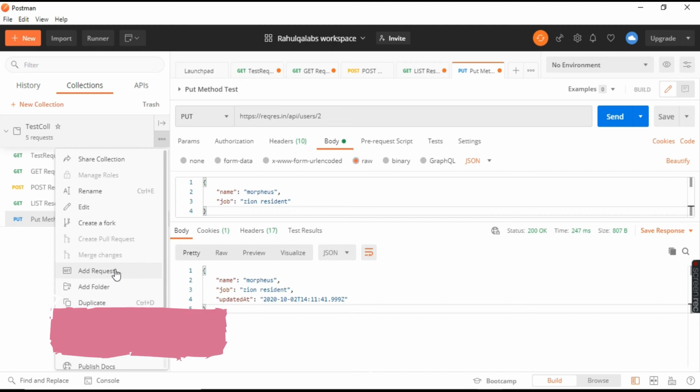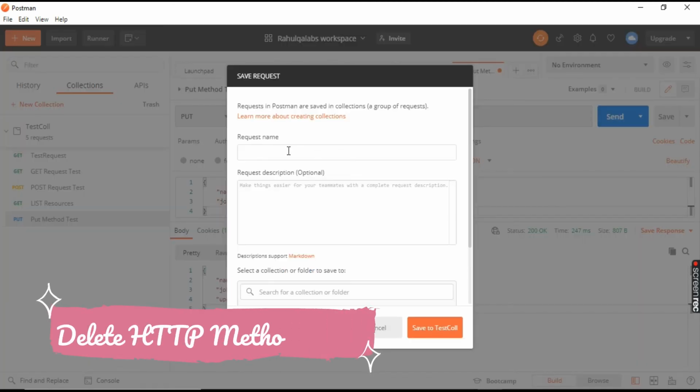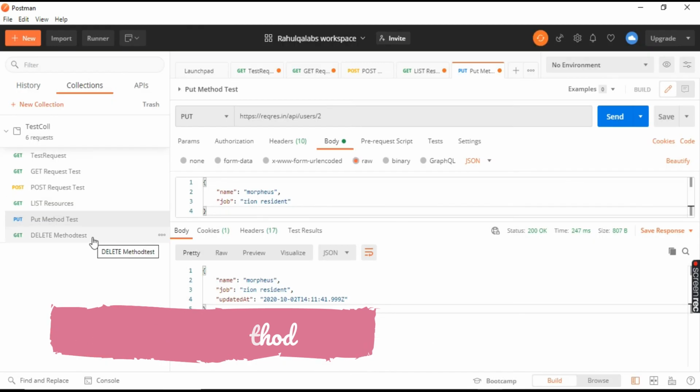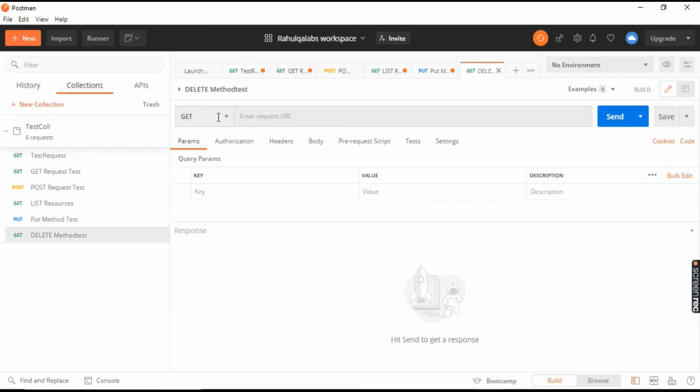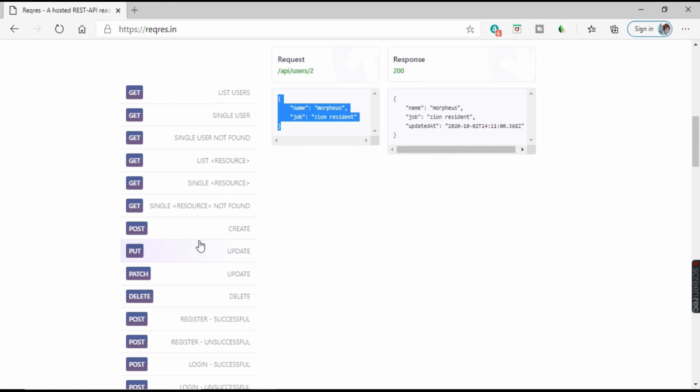Just create another request, give some name, add it to the collection, select here DELETE and copy the URL from the same place.